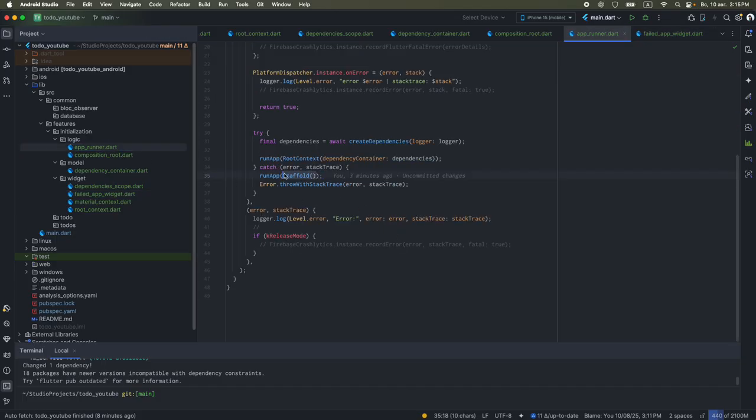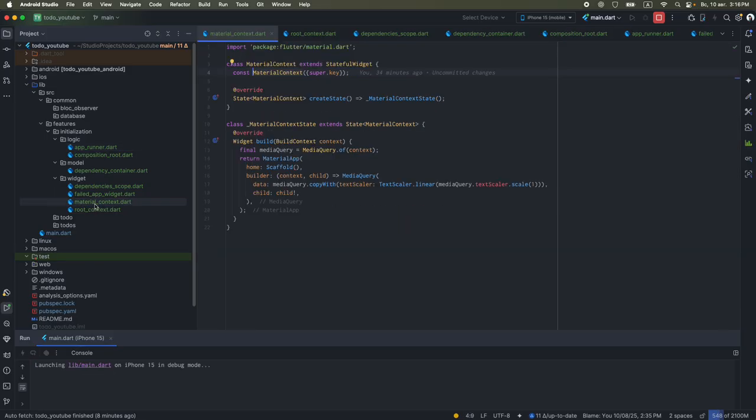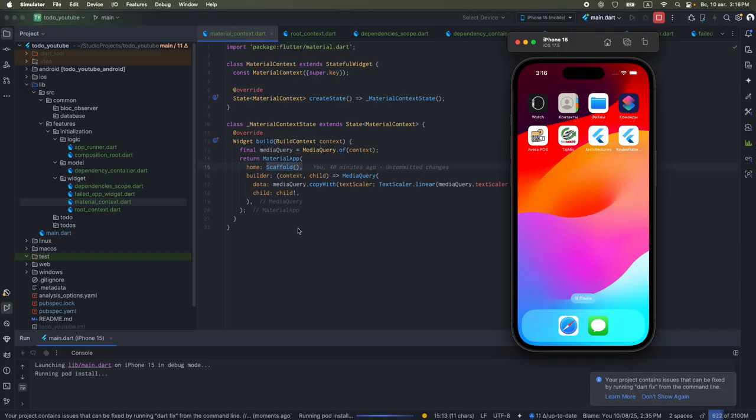You can use this one. So if your app doesn't start, we'll catch this error. The catch statement will catch your application error and run another app, and also it will throw the stack trace. This will throw your error back to the runZonedGuarded. So let's start our application and see what happens. So we have all the scaffold here, and we will start creating our